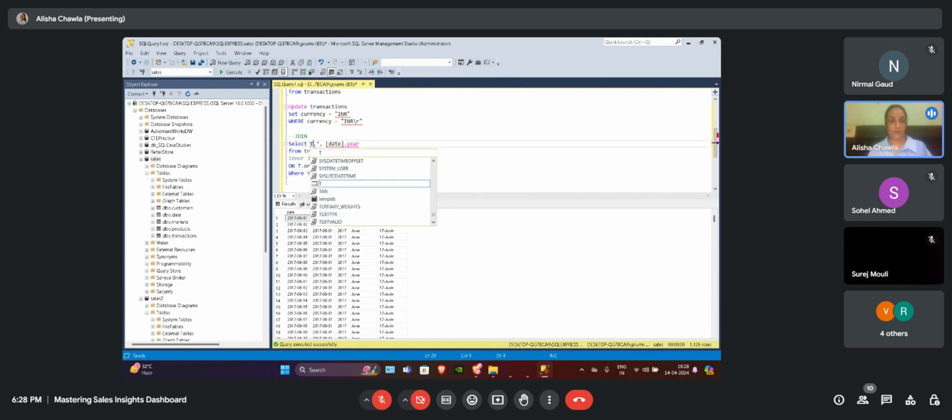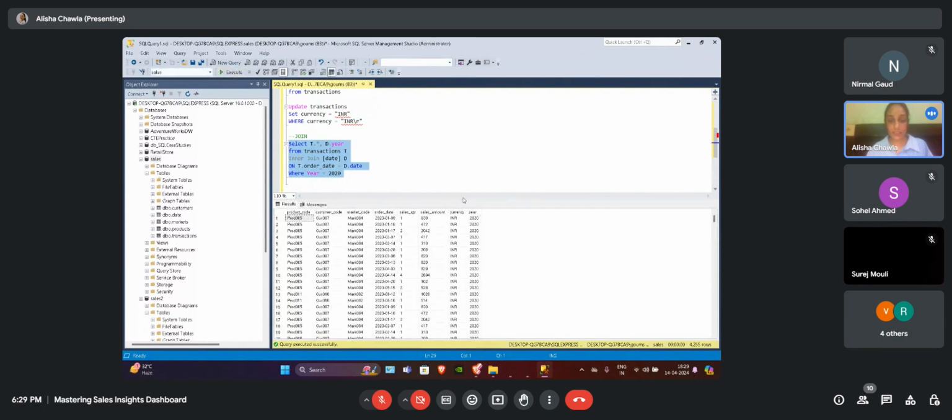Here we also have to change it with the alternative name. If we are using an alternative name for any table, we have to use that alternative name throughout the query. Yeah, executing this.